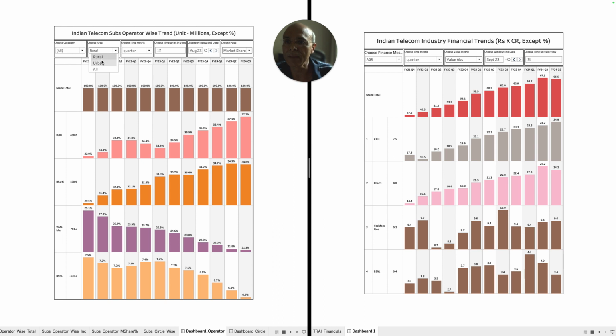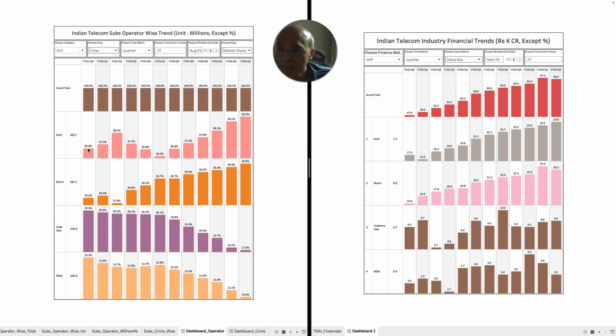Now let's look at the urban market share. In urban, Jio had 36.8% market share. Bharti had 28.28% market share to start with. Now Jio has gained 263.7 basis points of market share, and Bharti has gained 261. Both are going neck and neck as far as market share is concerned. Though Jio's market share is roughly around 10,000 basis points more than Bharti's, Bharti, since it has been able to retain its revenue numbers, clearly points to the fact that Bharti has higher quality subscribers compared to Jio. Though Jio has a large number of subscribers compared to Bharti, Bharti has larger quality subscribers, high-paying